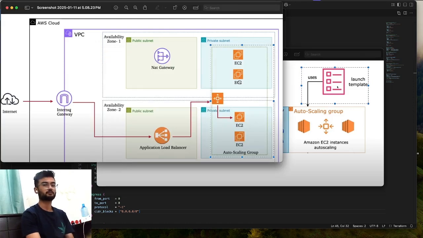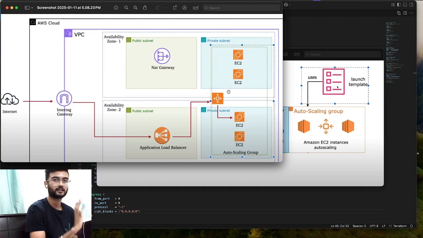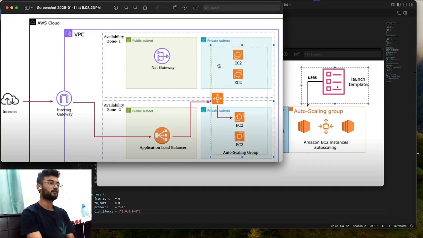Now supposedly our server wants some updates to get installed on it. It needs internet to install the update. So it sends a request to the NAT gateway that we want internet and we want these updates installed. The NAT gateway sends the request to the internet, takes the update, and sends it to the private subnet. This is the way that you could make your web server such that the instances get automatically updated